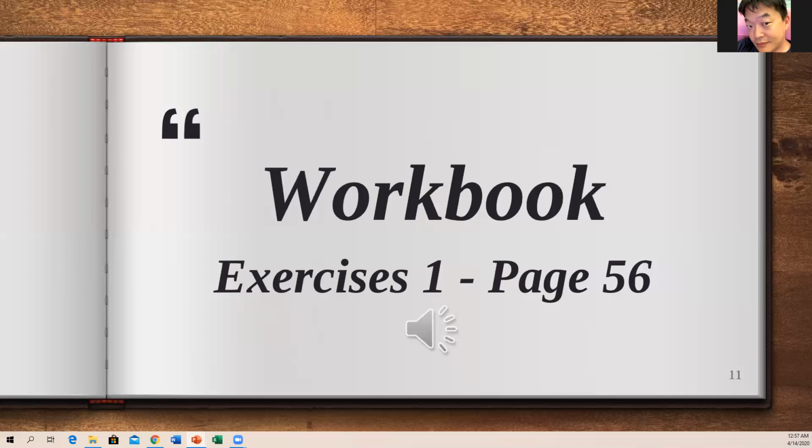So let's go to the next exercise. Go to page 57. The next exercise, what you have to do is you have to match the questions with the answer. So you have to look at the schedule, the train schedule that you have here in exercise 1, and answer these questions by matching the question with the correct answer. Okay? So page 57, exercise 2. Again, I'm going to give you some time and then we are going to do it together. Okay?